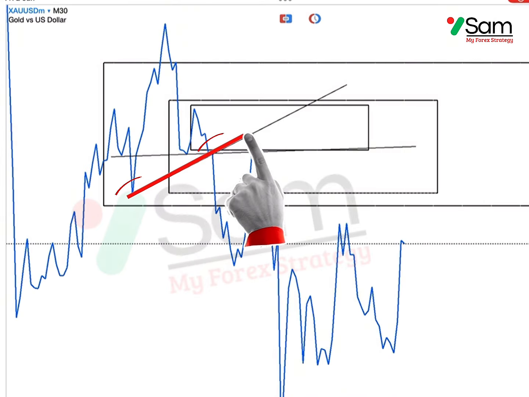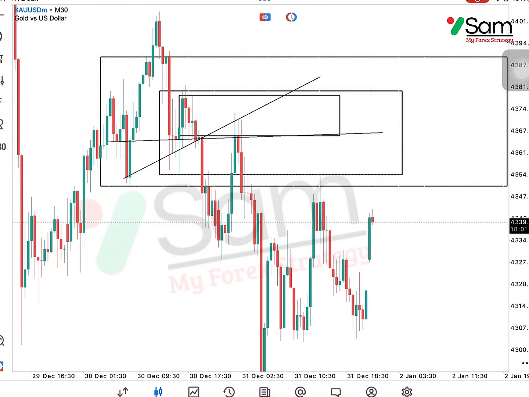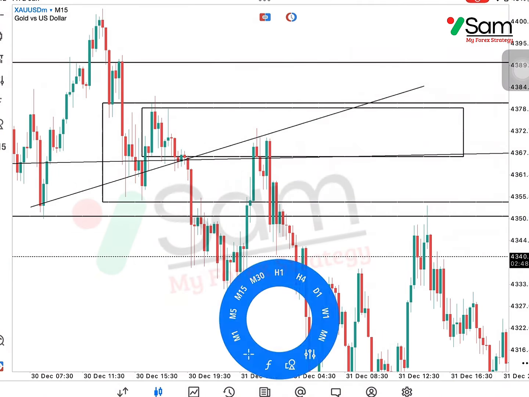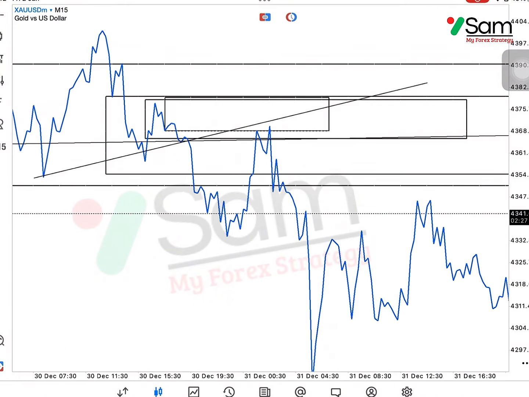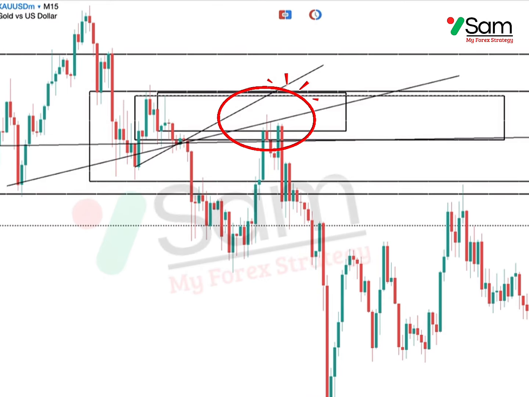If we want even more precision, we can move down to M15. On M15, there is also a bearish engulfing. We can add more confluence to increase our confidence for entry. You can see now, the key entry area becomes much clearer. Finally, wait for a rejection candle, and only then take the sell entry.